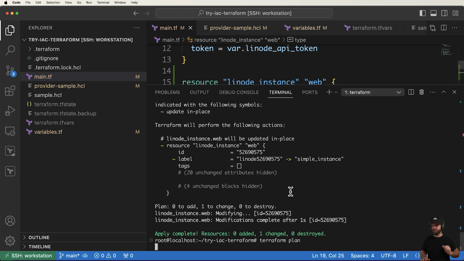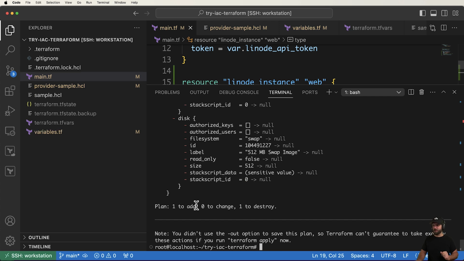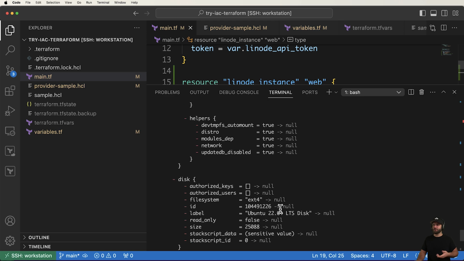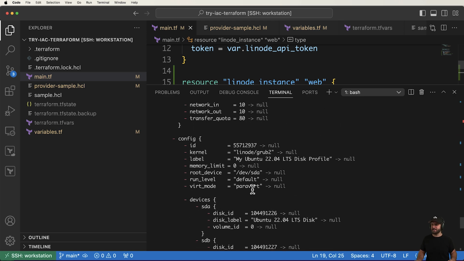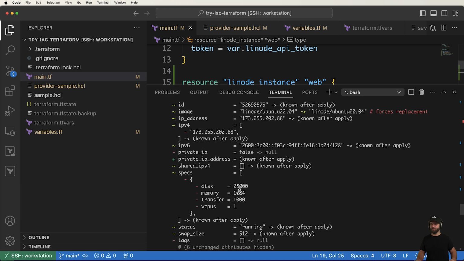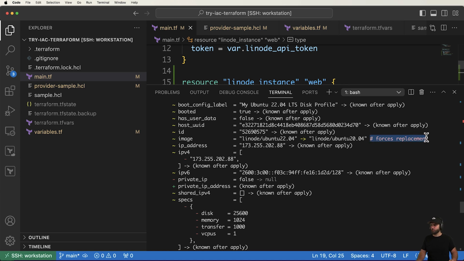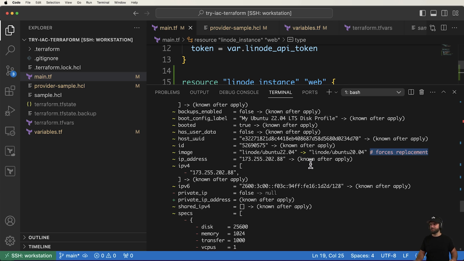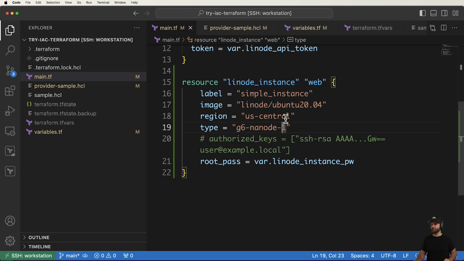In this case, if I go to plan it, it's now going to say 1 to add and 1 to destroy. It's going to quite literally delete the old instance itself, right? And then create a brand new one. As it says, it forces replacement on that plan because of what this attribute can do. I'm going to leave it just as 22.04, and we will see this force change in the future. But for now, just keep in mind that it's that simple to provision an instance and also that simple to